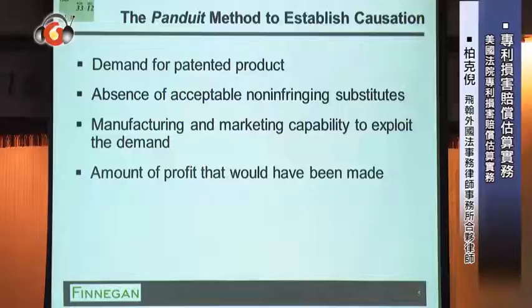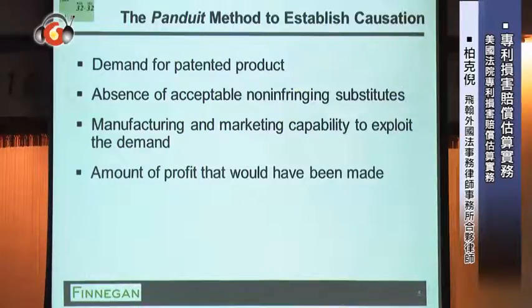The third part sometimes comes into play, and that is, in the world you need to create where there is no infringer, and the customers no longer would go to the infringer, they'd come to the patent owner in order to buy the product, the patent owner needs to show that they could have made those sales, that they had the manufacturing capability to meet the increased demand, that they had the sales force in place, that they had the marketing expertise in place. This is sometimes a problem for smaller companies that may have difficulty scaling up in order to meet the demand that would have been there if the defendant hadn't been infringing.